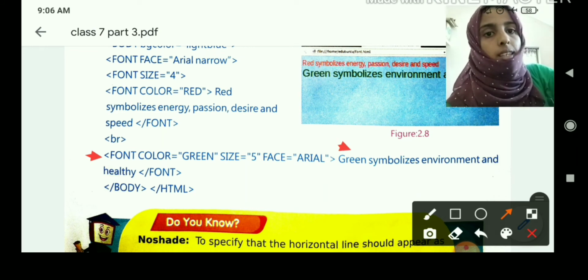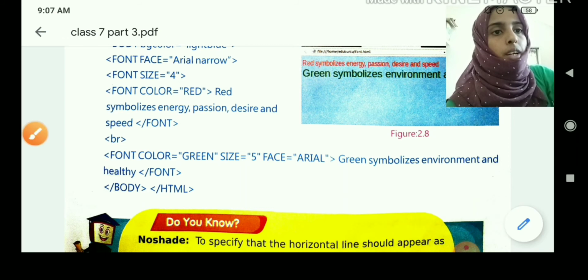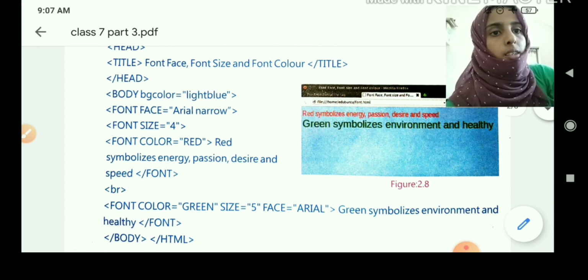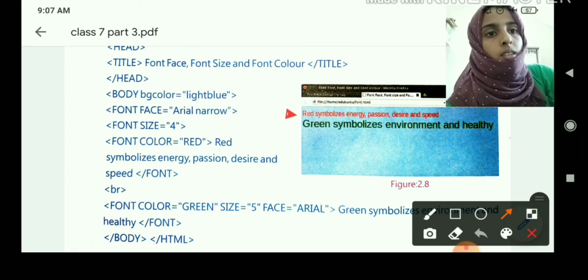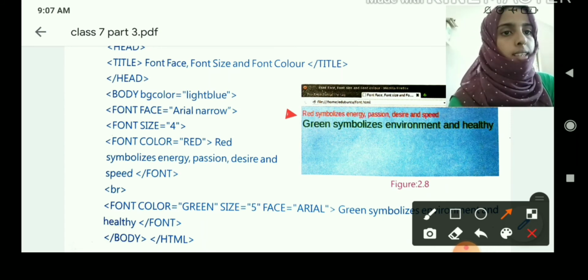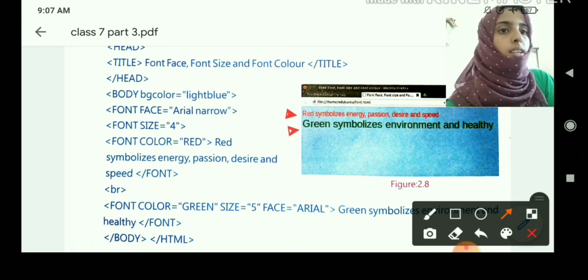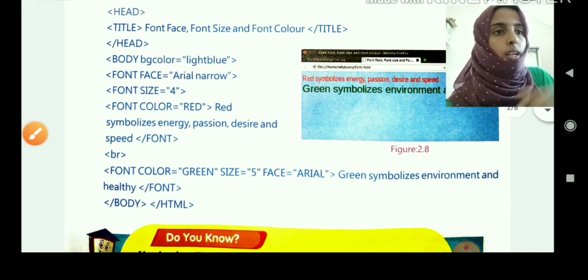Then after writing the text we can close /font /body /html. Okay, then we have the output here. The first line of the text is red color with size 4, and the second line is green color with size 5. Okay, clear?